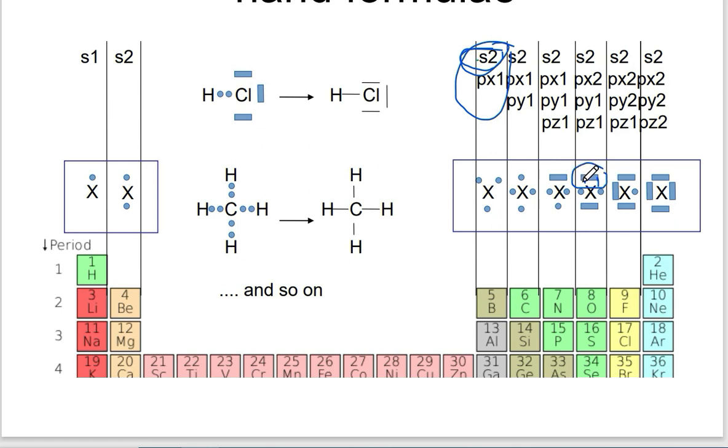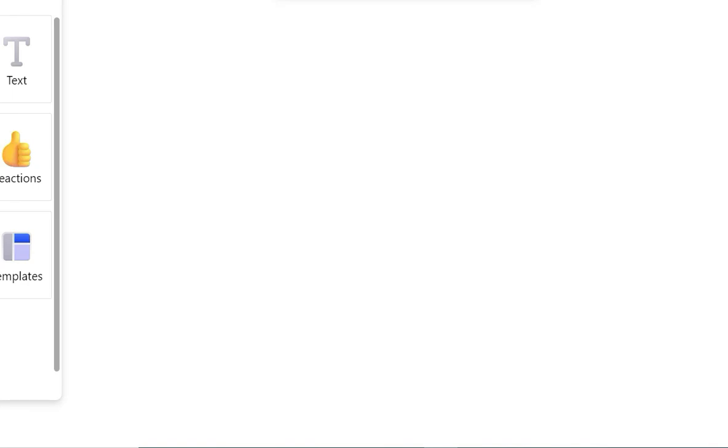So these do not make a bond with another element, whereas these are free electrons and they can bond with another element, for example, hydrogen. But let's explain exactly how this is, why this is written, why do we have a lone pair here. So let's take the example of oxygen again. Oxygen, in the second level, we have the S sphere,